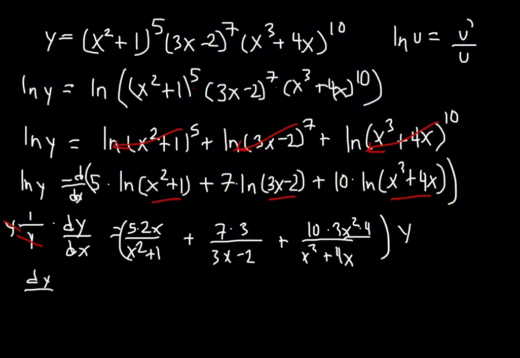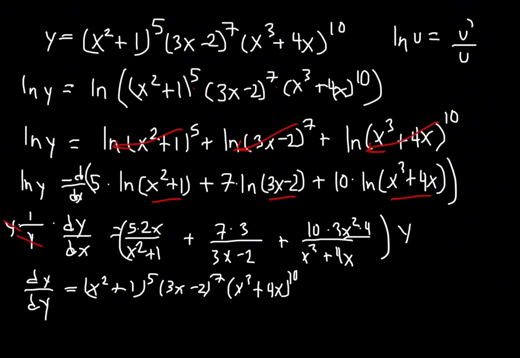And now dy dx, our final answer, is equal to (x squared plus 1) raised to the power of 5 times (3x minus 2) raised to the power of 7 times (x cubed plus 4x) raised to the power of 10, and then multiply by this whole thing over here, which is 10, so 5 times 2x is just 10x, over x squared plus 1,